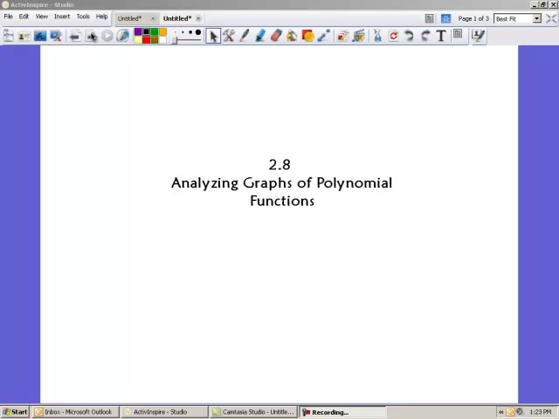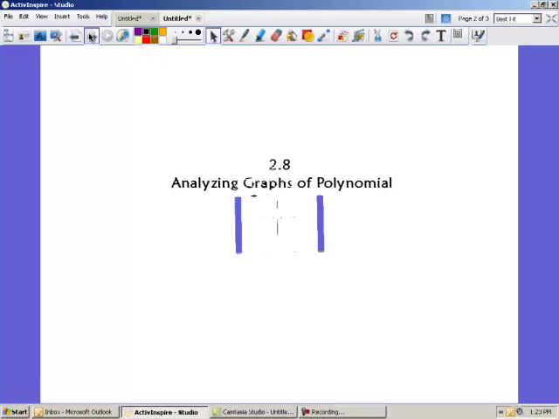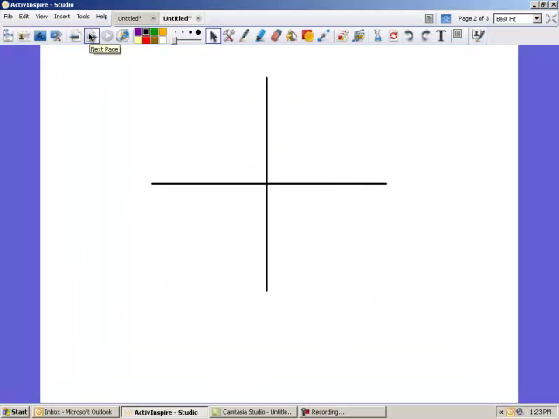This section is 2.8, Analyzing Graphs of Polynomial Functions. This is a very short video because what I have to show you for it is going to be done in class using the graphing calculator. So let me just show you the basics. When we graph something